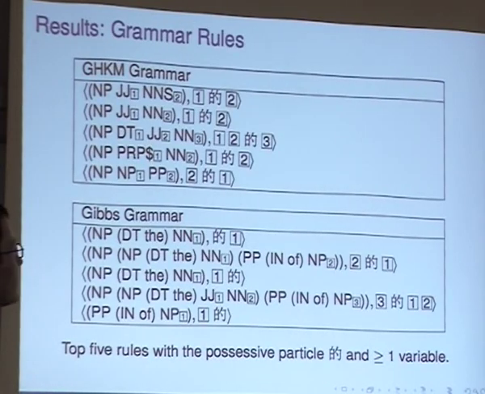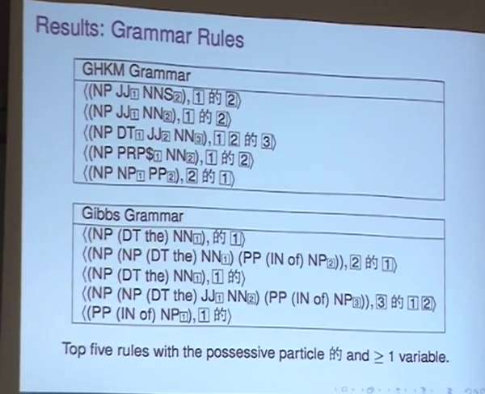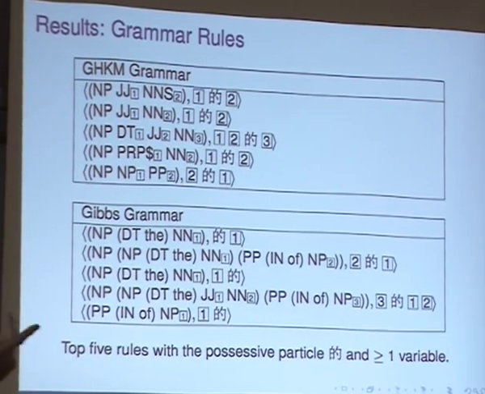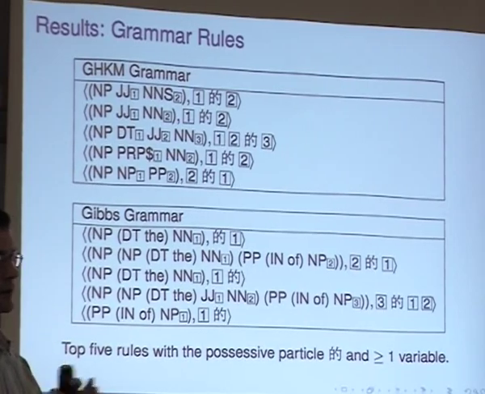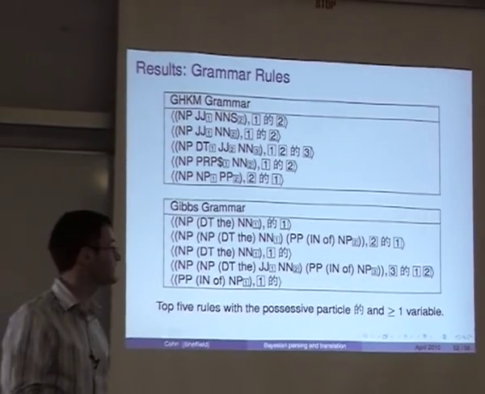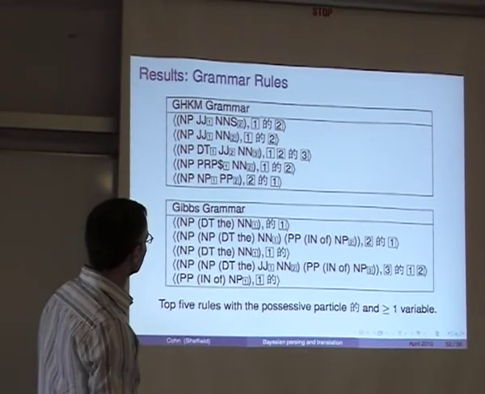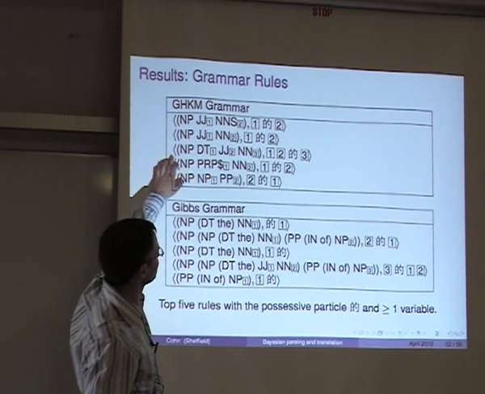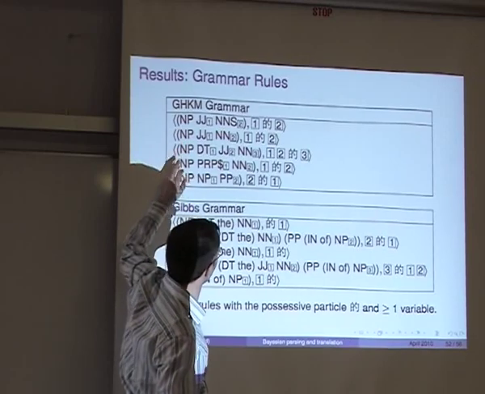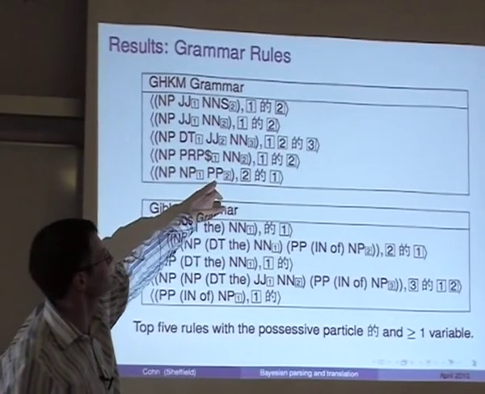Okay, we can look more specifically at the rules. So if we look at rules that expand the noun phrase and have this Chinese token 'de' in it, the 'de' token is used as the possessive particle, like apostrophe s is used in English. Often the noun phrase is written in the reverse order to English, so that's why it's of interest to us, because it encodes a common reordering that we often see. So in the baseline grammar, we get some very simple rules, encoding monotone translation, and we get a reordering here for a noun phrase and a prepositional phrase.